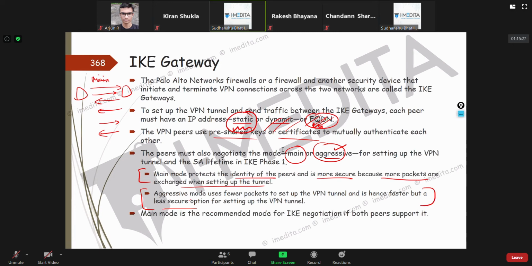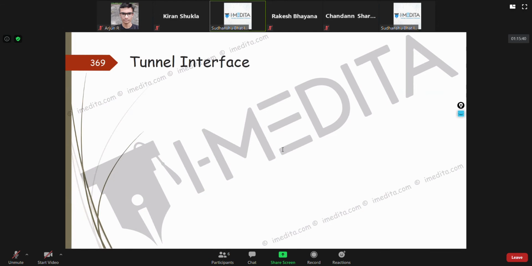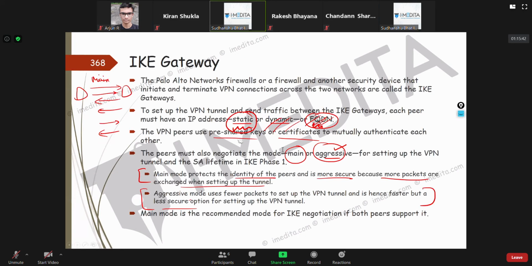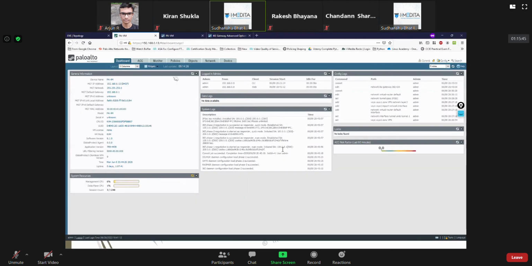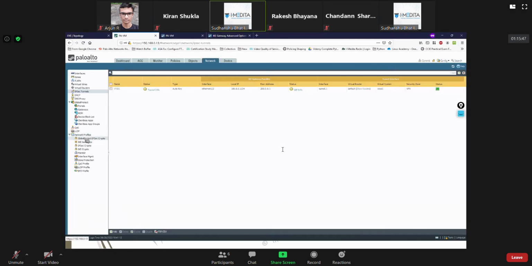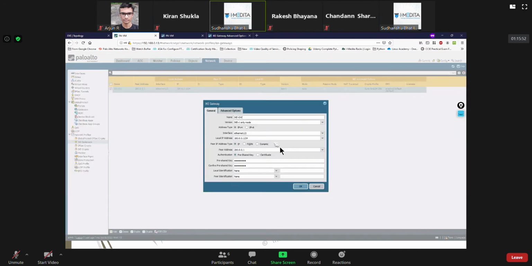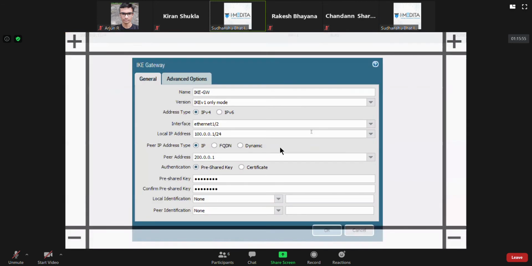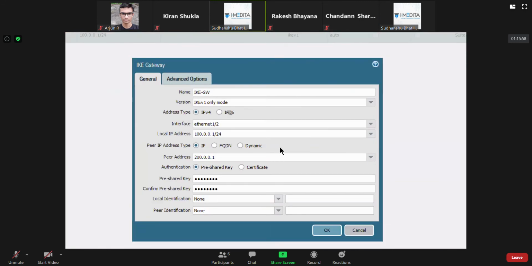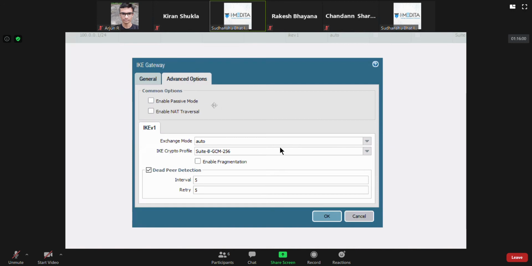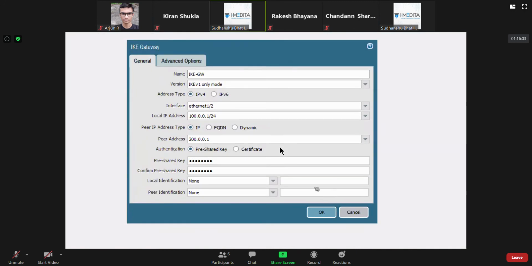Main mode is recommended if both peers support it, because people say aggressive is faster, but it won't matter much, it's only seconds. So that was the IKE gateway which we configured. Okay, let's leave that out. Not right now.